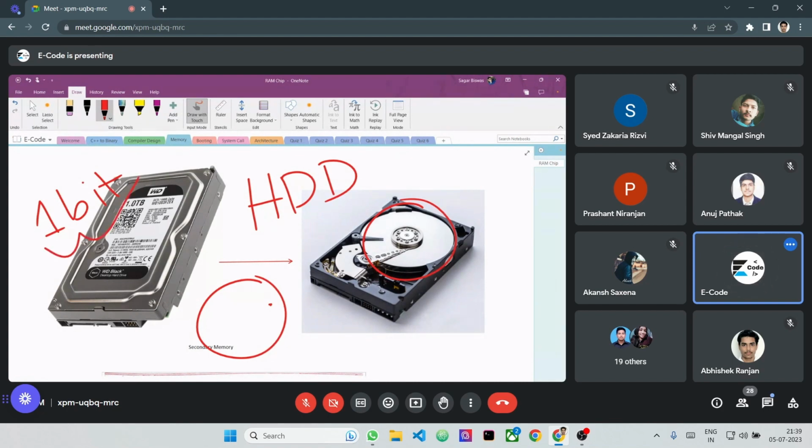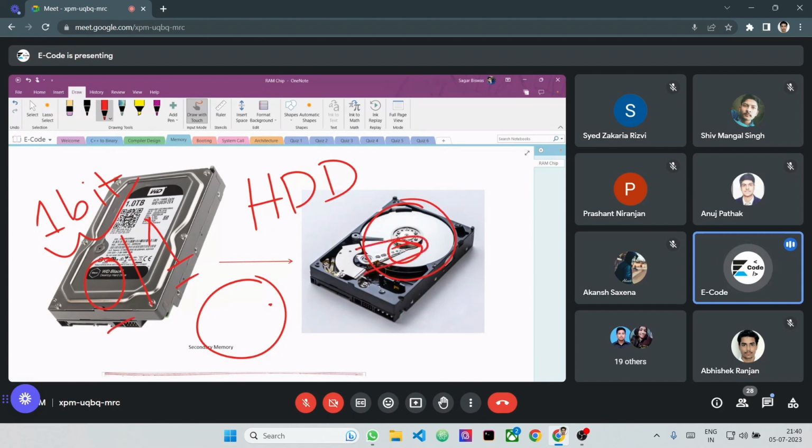What do you mean by one bit? One bit means a single binary data that could be anything, zero or one. So how can we store this zero or one inside this metal disk? Anyone can assume how we can store that: this is zero, this is one,